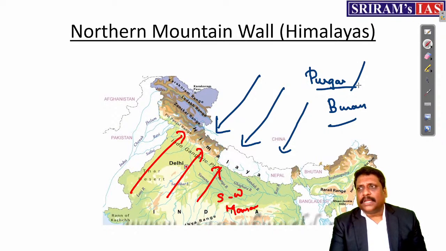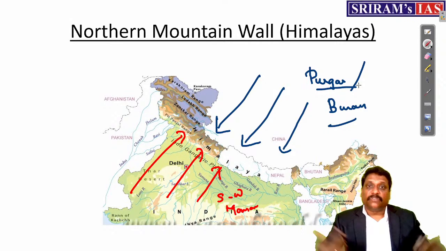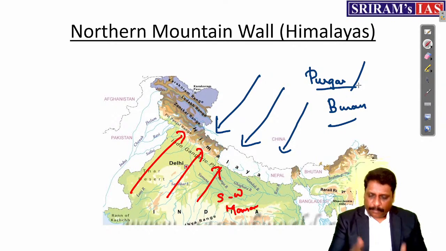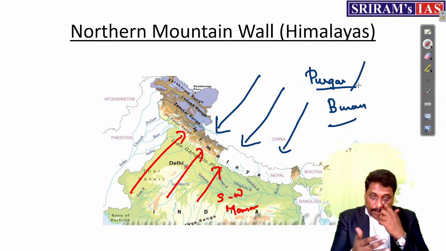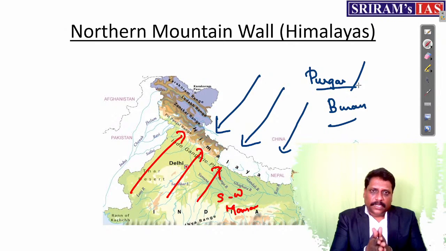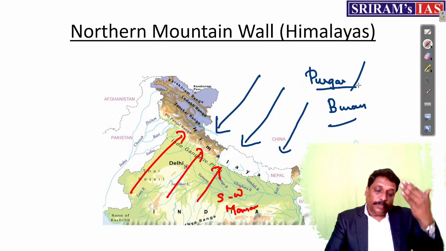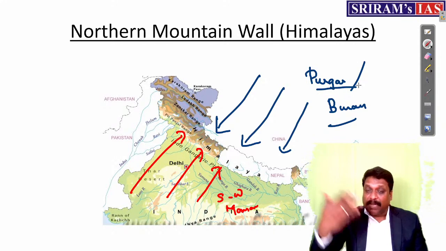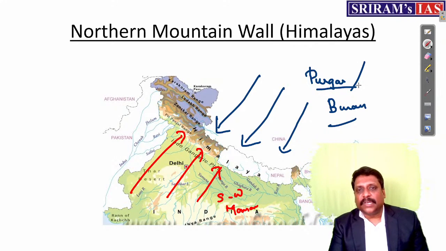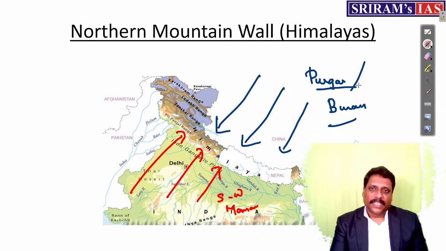When I talk about wall, it acts as a natural barrier. For example, if Himalayas had not been there, so many intrusions and invasions would have taken place in India. Even then we had plenty of invasions. People were coming to India through very narrow passes. Only the bravest of the brave came to India, because they had to ascend and descend the Himalayan mountains, which is not so easy.